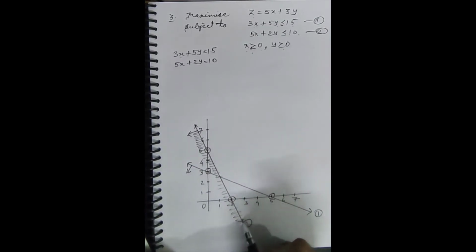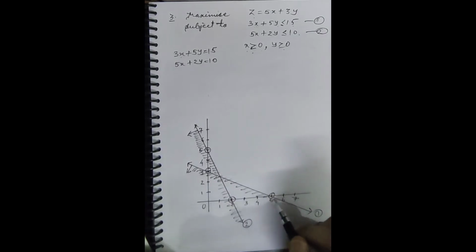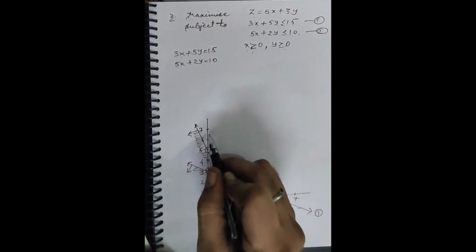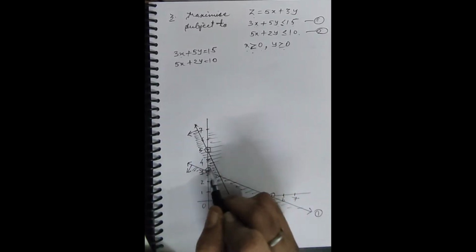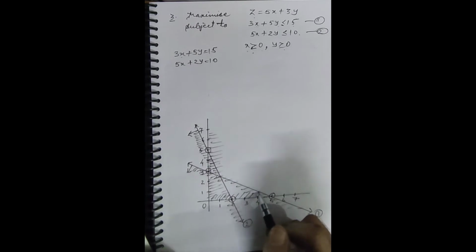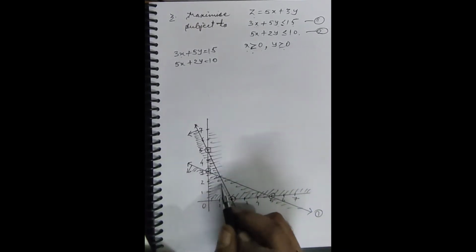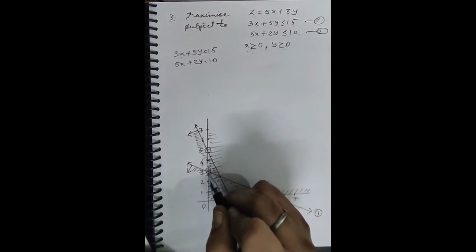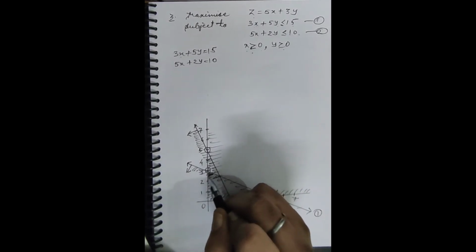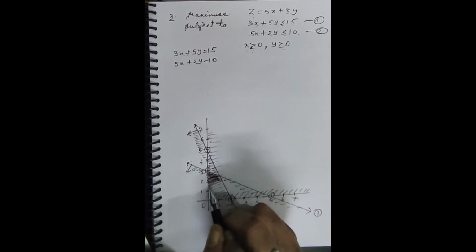With practice you can easily see that these are not very difficult cases. This way, for x greater than 0, we shade towards the right hand side of the y axis. For y greater than 0, we shade in the upward direction of the x axis. These 4 are converging here. So let's shade, darken the feasible region.